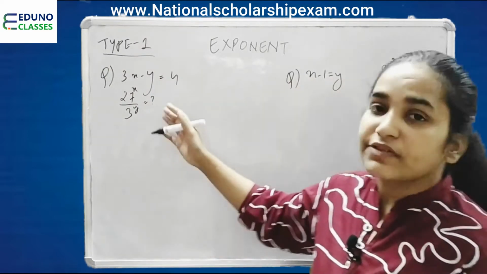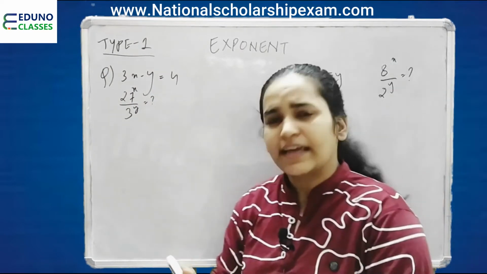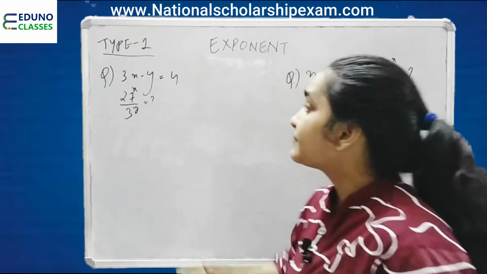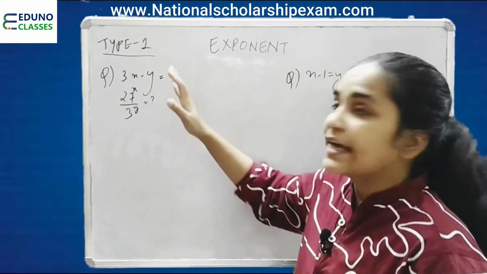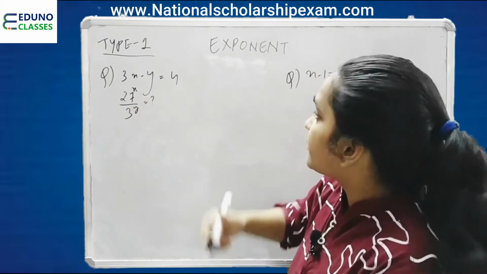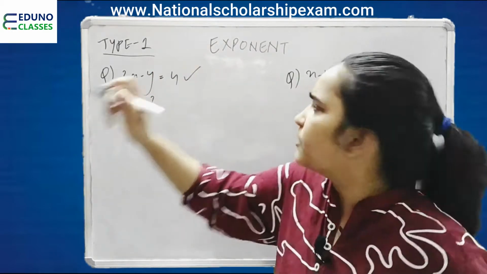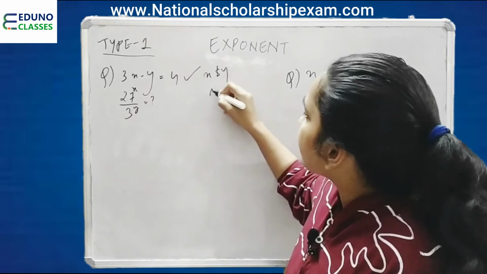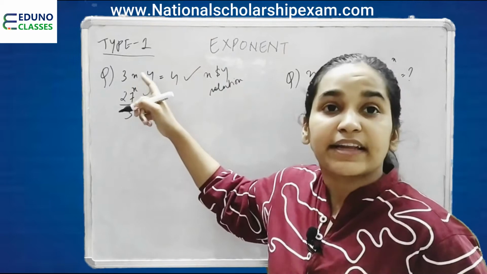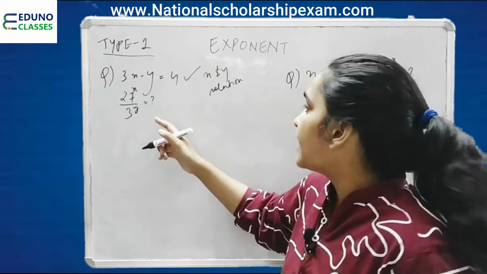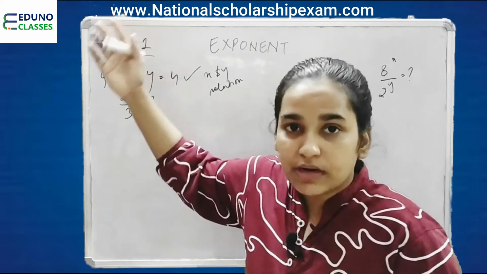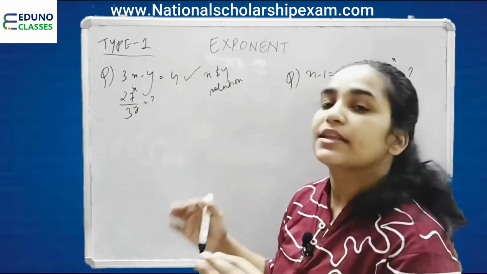And here is your question. We have 2 questions on this type, and then it is enough for you to understand how to solve these kinds of questions. The question in front of you is 3x minus y equals 4. That means there exists some relation between x and y. What is that relation? 3x minus y equals 4. Now, what is the question for us? The question is: find the value of 27 power x and 3 power y, divided by 3 power y.